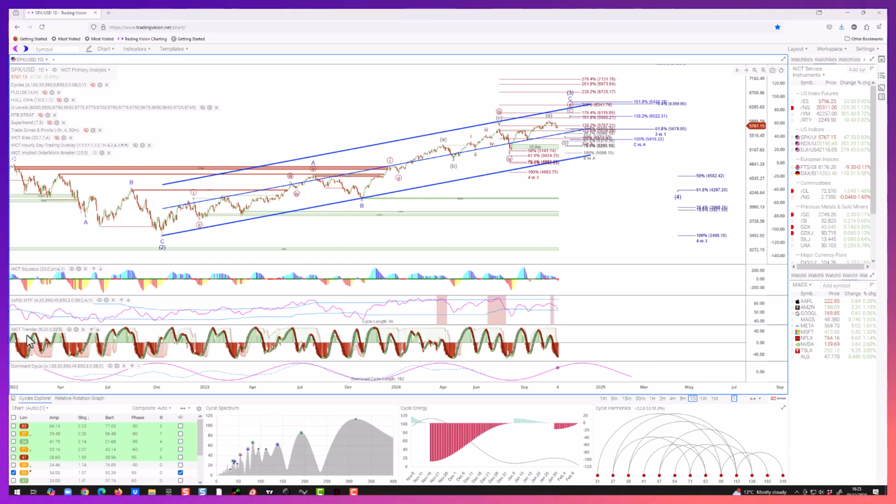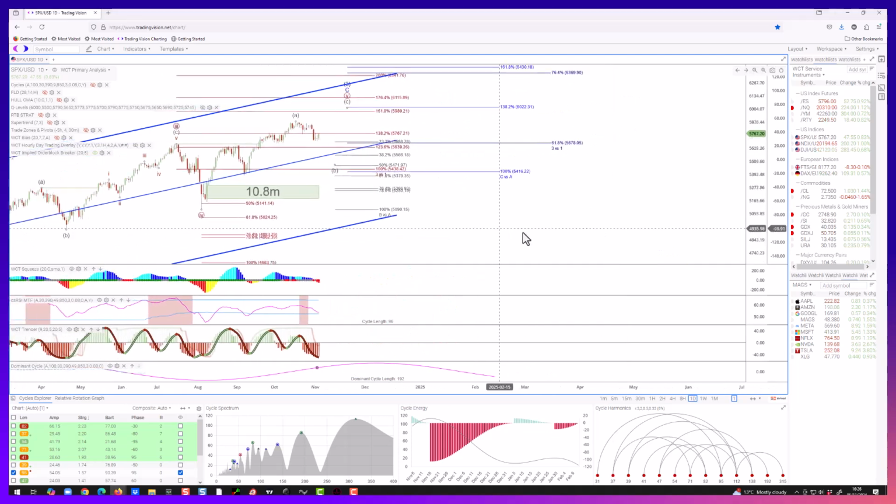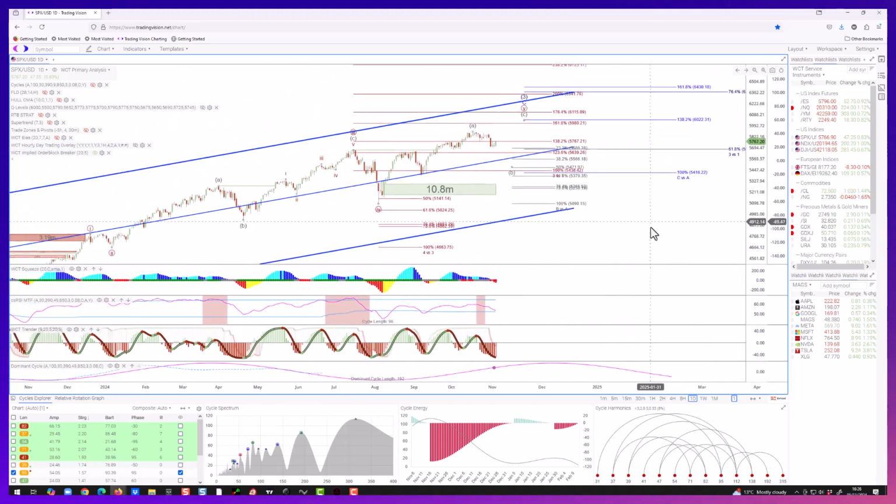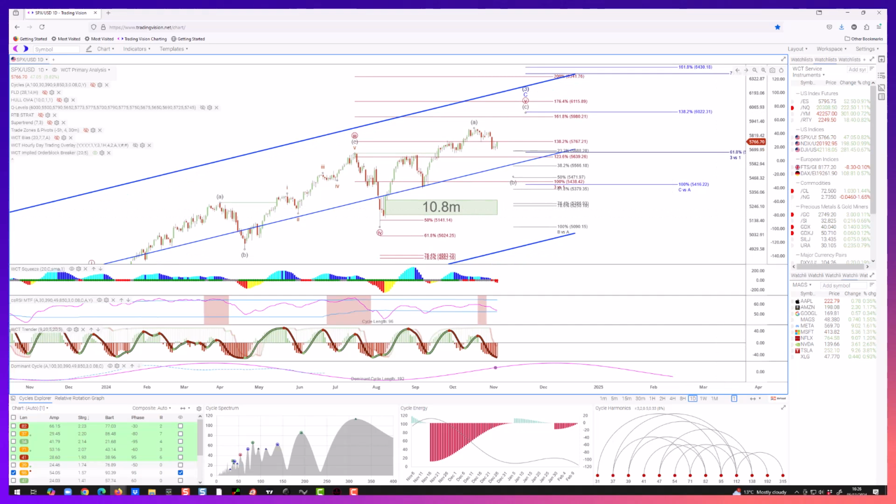If you look at the WC Trender indicator, we've been getting lower highs on it. So we've got huge divergence, sell signals, and we are on sell signals across the board here. We've also got a daily squeeze and momentum has gone negative, but it has not yet fired to the short side. So I'm just going to zoom in on this for a moment before I look at the cycles on it. And if that's a 1, 2, 3, 4, 5 as a contracting leading diagonal, it means that the A wave of the ABC for this fifth of C of 3 is done.